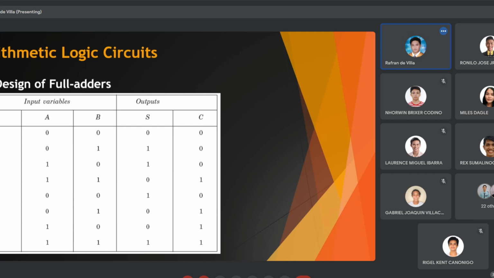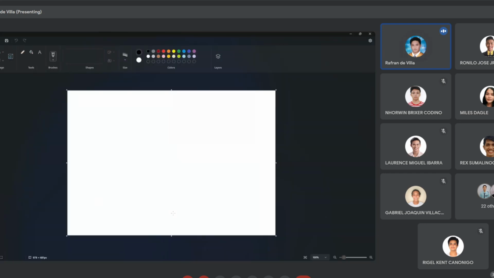To explain why we design it this way in the first place, let us see how we add numbers. Let's say, for example, I have here a 3-bit number, which I call A2, A1, and A0. So the most significant bit here will be A2. And of course, let's say we add B3, B2,